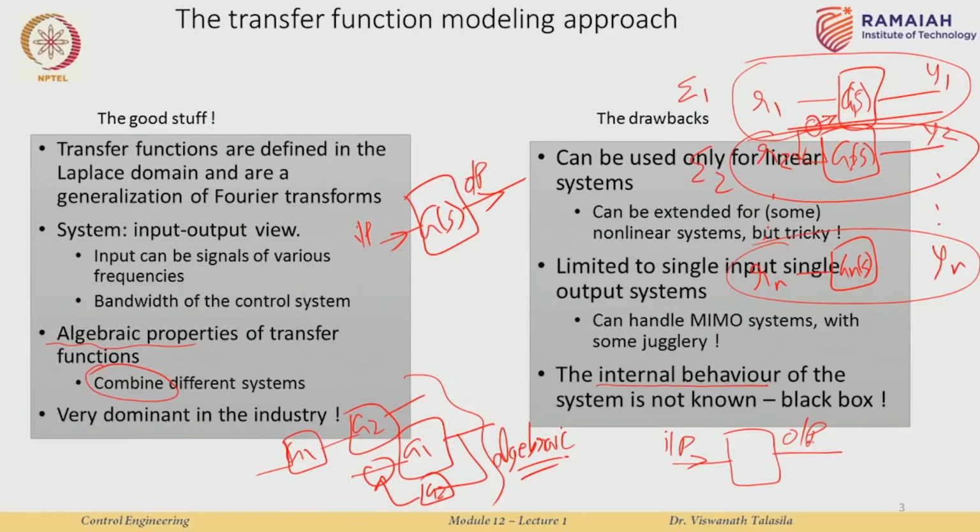So, the transfer function then would be something like the ratio of the output to whatever is the input which is applied, right. What is missing is the internal dynamics of the system, and it can be a very complex system, right, but we have absolutely no clue what is happening within the system. All we are concerned about in the transfer function approach is simply the response to a given input, that is about it, all right. So, these are the drawbacks,